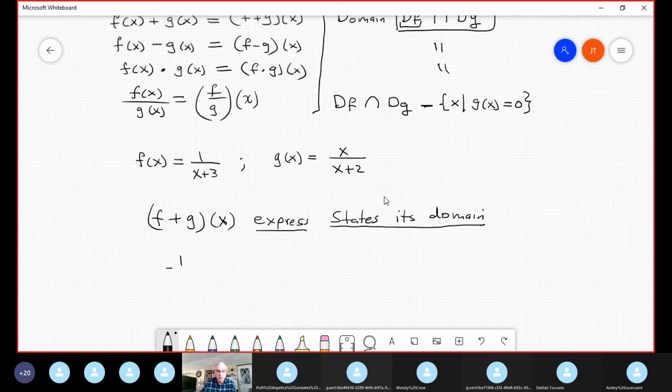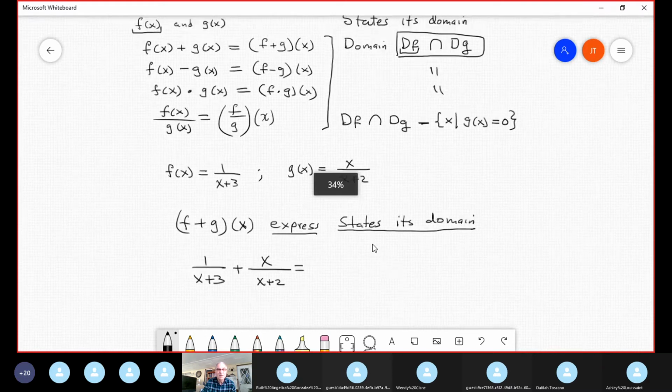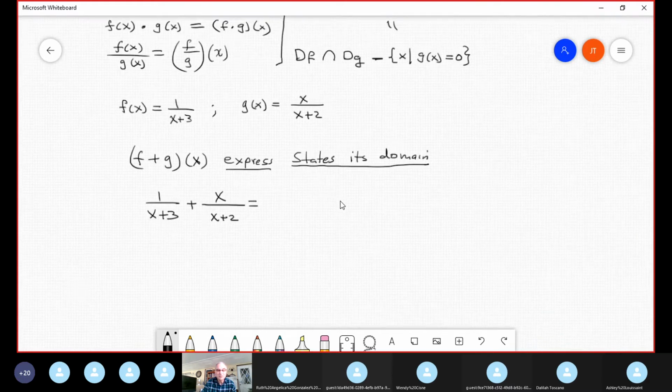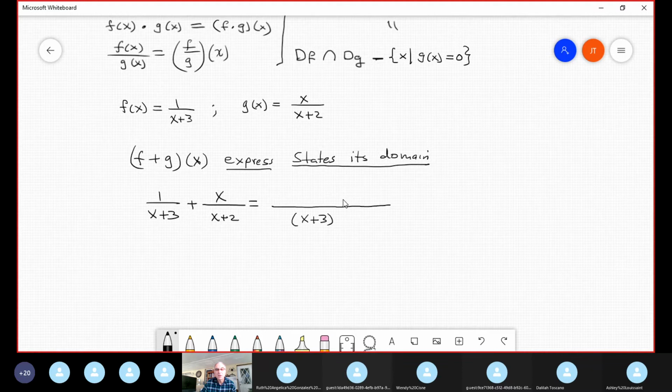It's super easy. Addition is 1 over x plus 3 plus x over x plus 2. I leave it like that? No. It's not elegant. You put it together in one compact expression, no? So you find the least common denominator, which is x plus 3 times x plus 2,